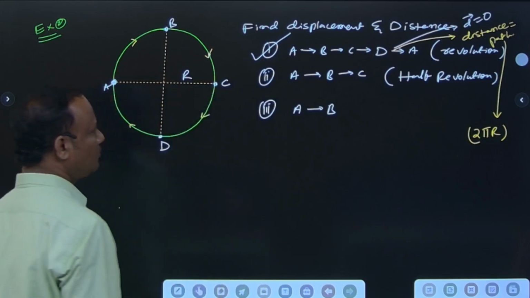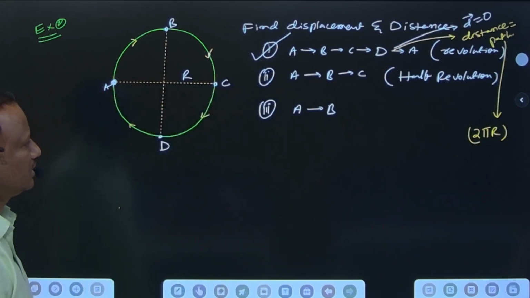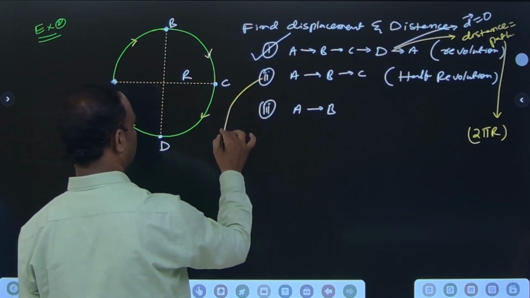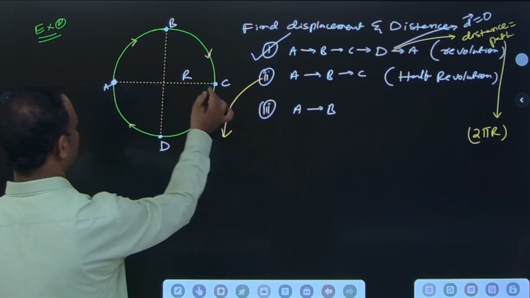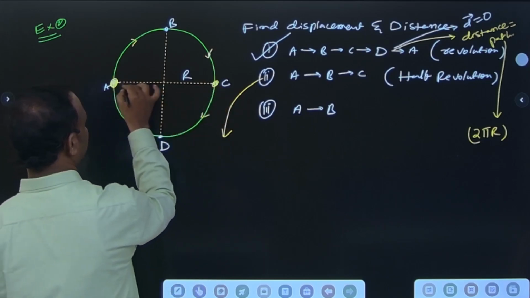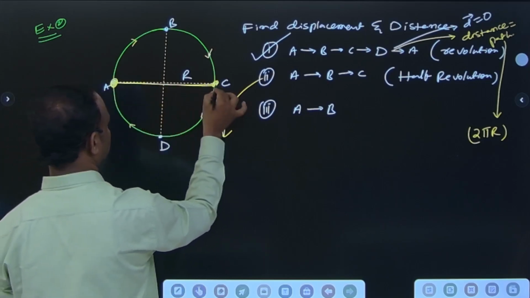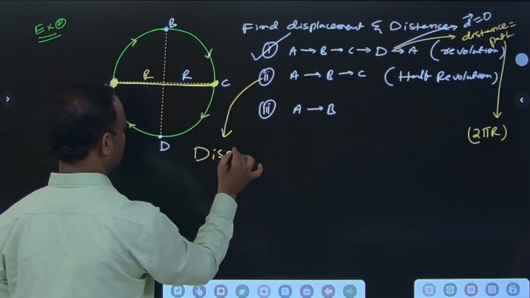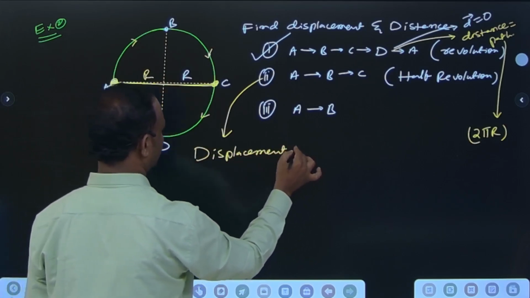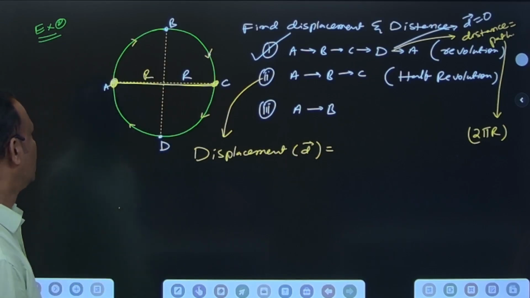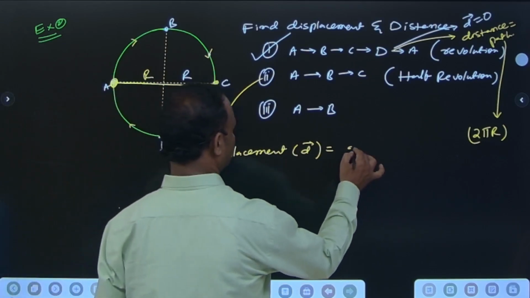So for the first one, A to B, B to C, C to D, D to A, the circumference is 2 pi r, and the displacement is 0. For the second one, initial point is A, final point is C. What is the line joining between initial to final point? This is R, this one also R. So what is the displacement? Displacement, what should be there in your mind? It's a line joining between initial and final points. So A to C,